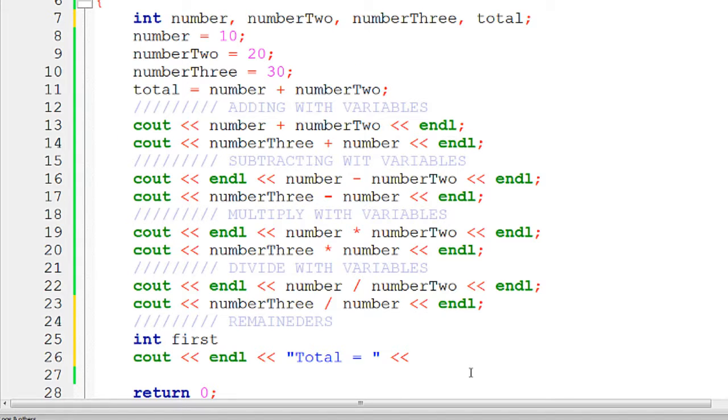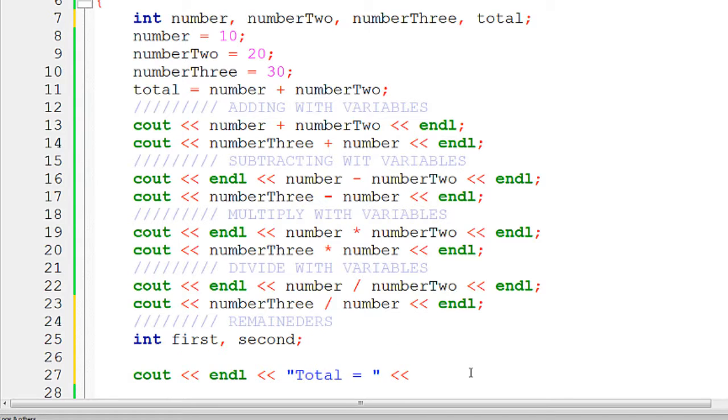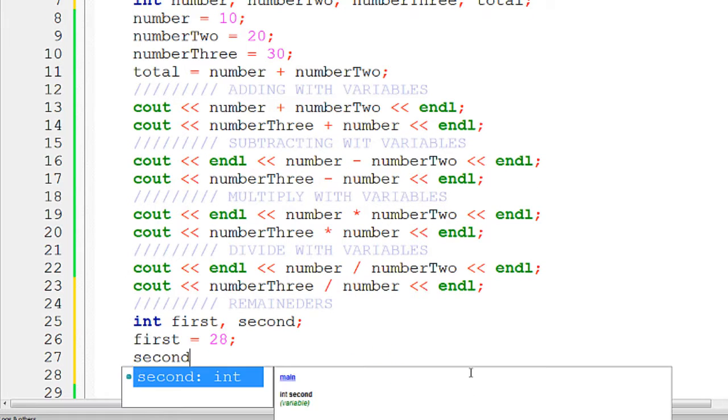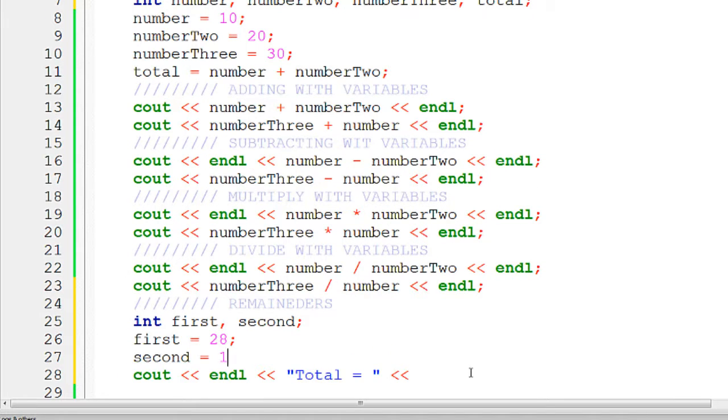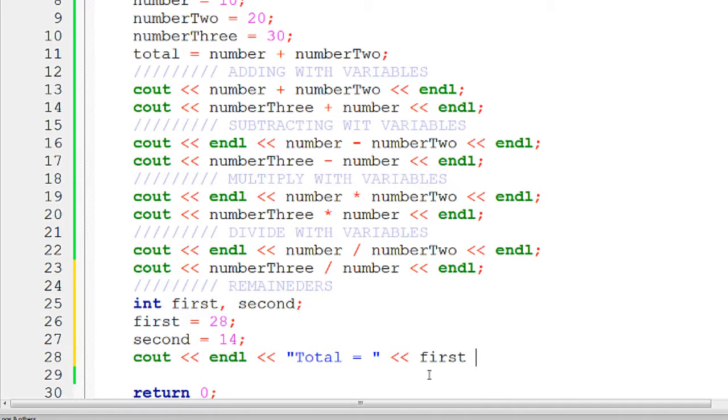So we're gonna make an int first and an int second. So first we'll have the value of, let's see, 28. Second we'll have the value of 14. So first divided by second,